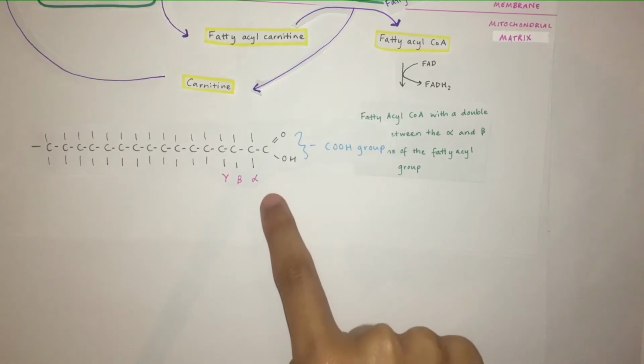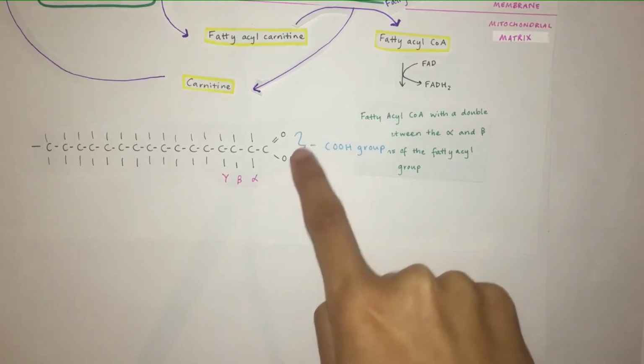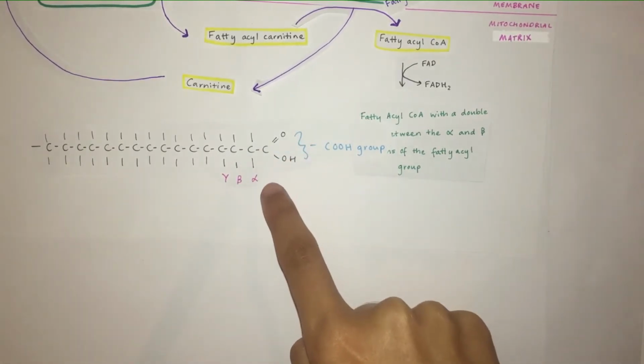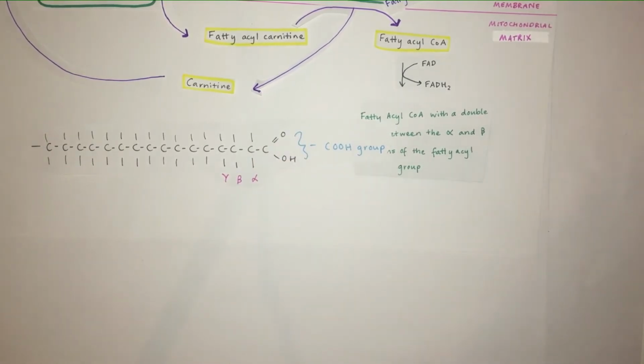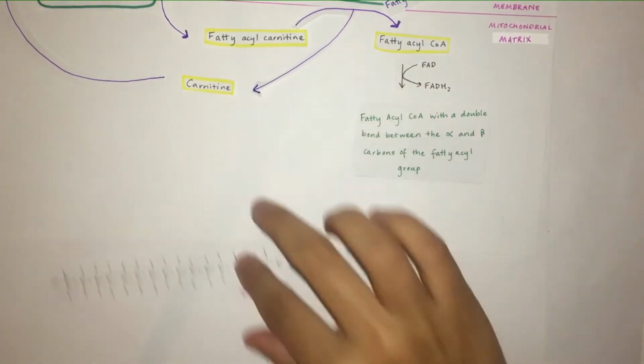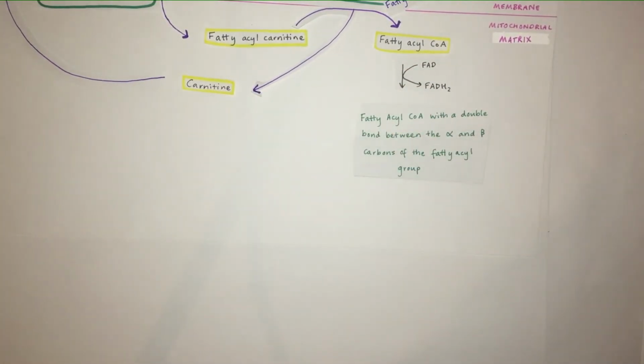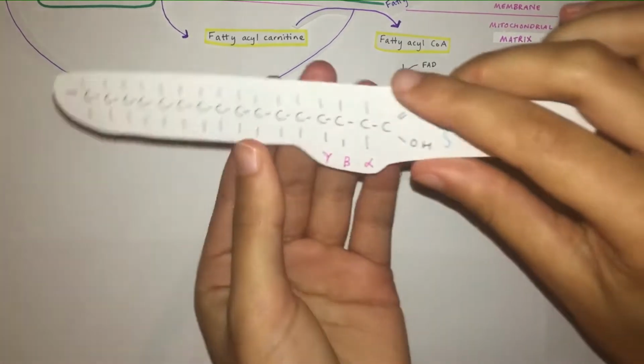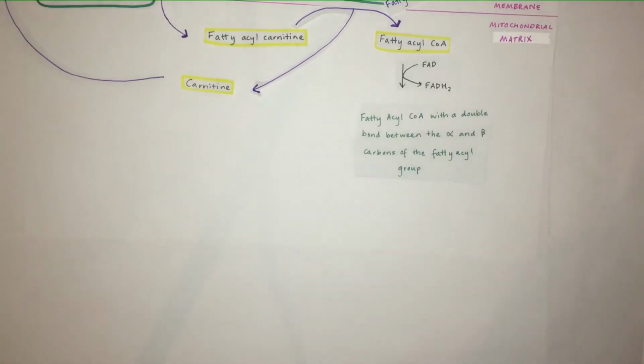compounds, alpha is the first carbon that is away from the functional group. So that's how we label the carbons. You label it based on how far away they are from the functional group. In the case of a fatty acid, it's a COOH group. So it goes alpha, beta, then gamma. So that's why we're labeling them in this way. So we've got a fatty acyl-CoA with a double bond between the alpha and beta carbons of the fatty acyl